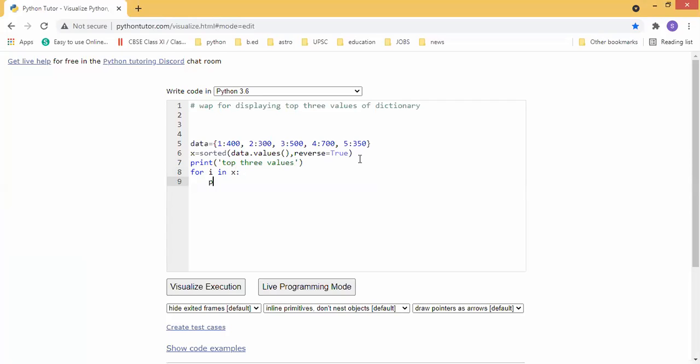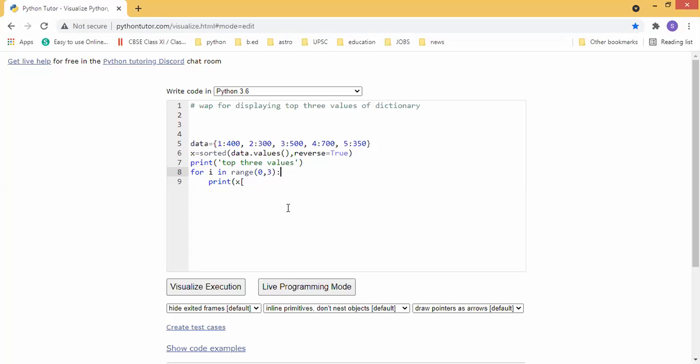Then print X of i. You can give a range function, range of 0 to 3, because we need three values: 0, 1, 2.